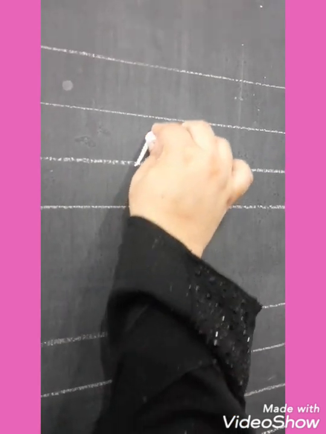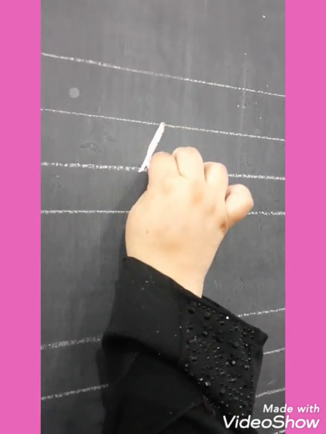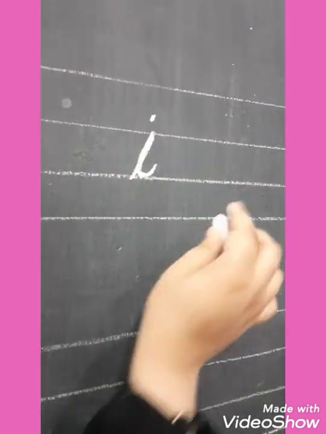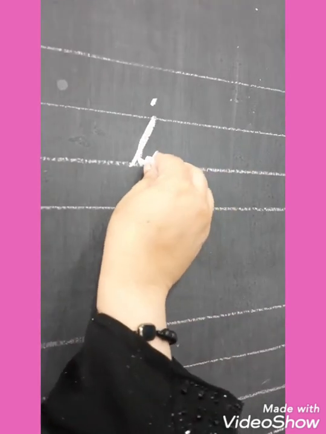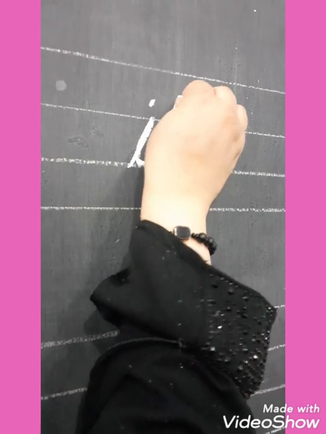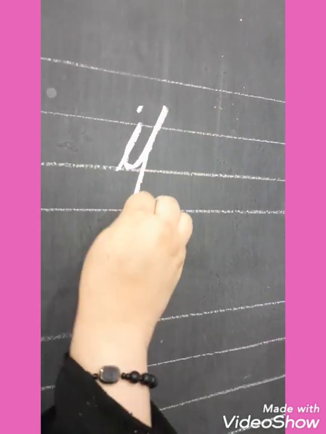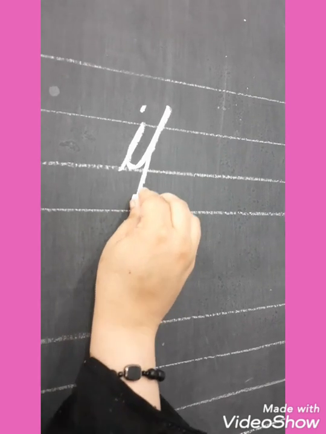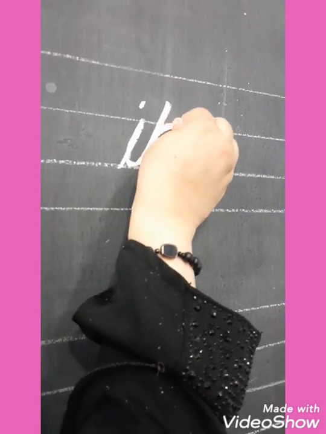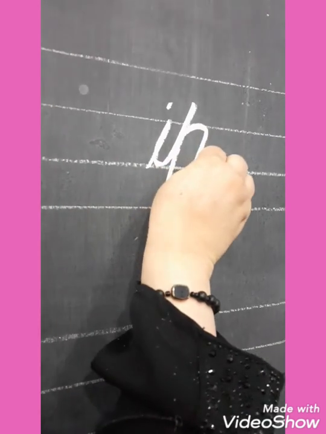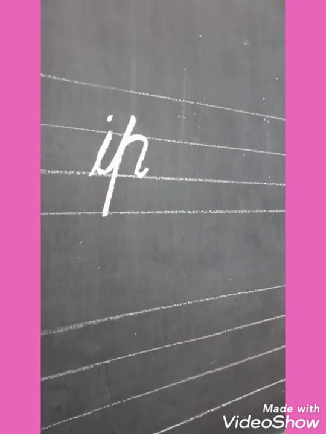Your next sound is IP sounds, ip. First you have to write small letter I. At the end put the dot. अब आपने P को join करना है. आपने इसकी टेल को ऊपर लेके जाना है. Stop in the middle of the first two lines. Come down. यहाँ से आपने इसको separate करना है. Touch the fourth line. Again move on the same line. Round your pencil. Come down and leave its tail.